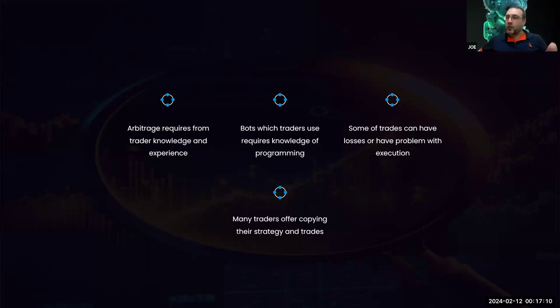Some traders will work by copying other traders' strategies. That's risky in itself because, firstly, in some cases, you never get to know who that trader is that you're copying. You don't know what their experience is. And if they make a mistake and you're copying them, you're going to make the same mistake. And that mistake might mean you lose a couple of $100, could mean that you lose thousands of dollars because you're relying on the acumen of another person rather than your own skill set. So you can see that this whole industry is fraught with all sorts of pitfalls that you can fall into at any moment.